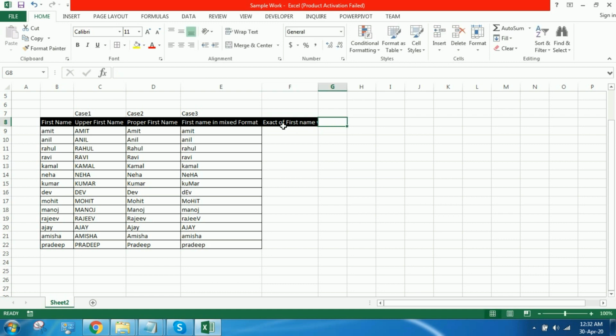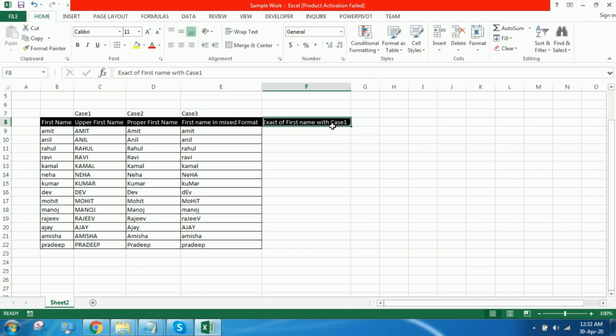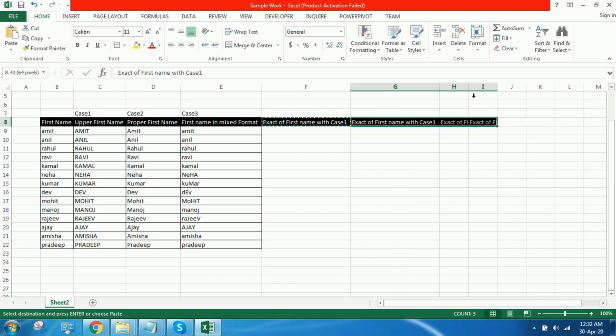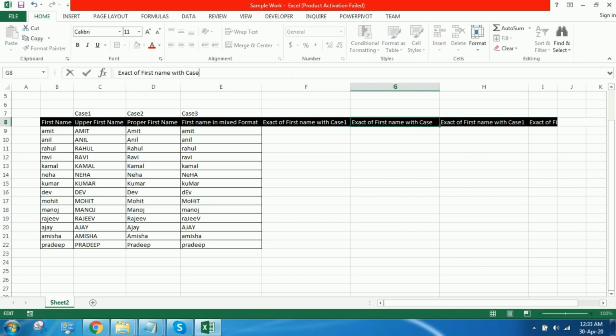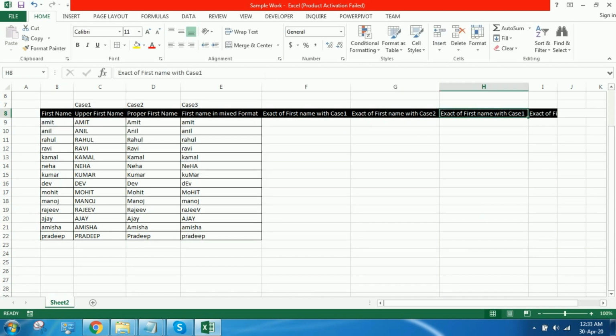Remember, the EXACT function is case sensitive, which means it will give a different result while comparing if one is in lower case and one is in upper case. See here, it also gave false when compared with case 2 because all are in proper format.